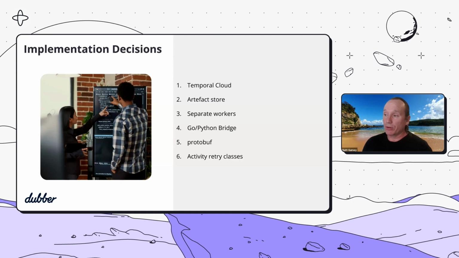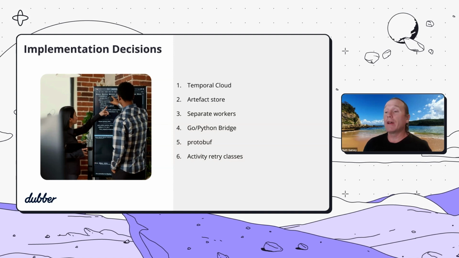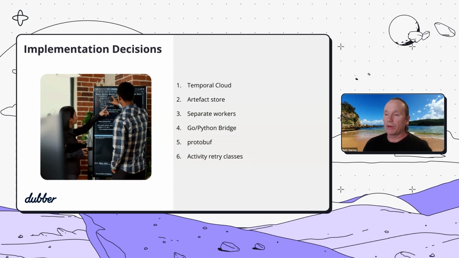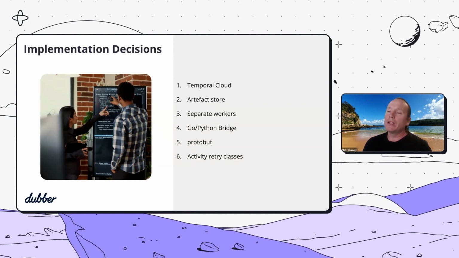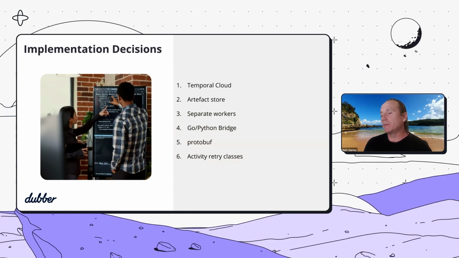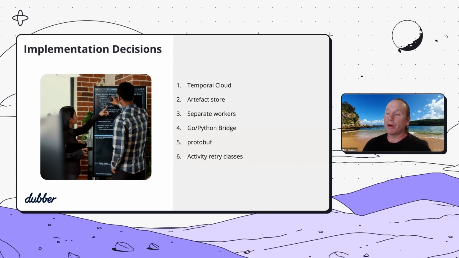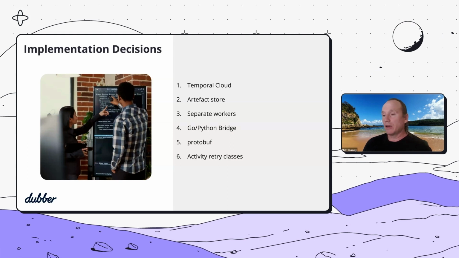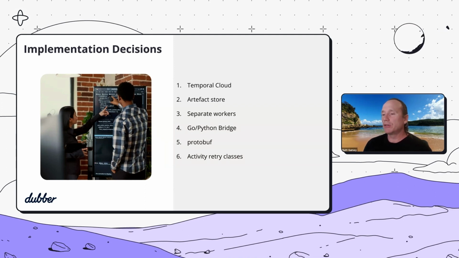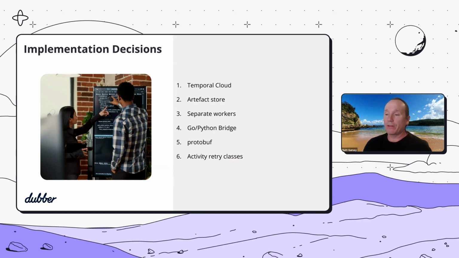When we started with Temporal, which was more than 2 years ago, Temporal didn't have a native Python SDK available. But given the AI work that we're doing, we needed Python capability. So we came up with this pattern, which is the Go Python bridge. That is a mechanism that allowed us to still use Temporal to initiate activities that are running inside Python. How we did that was by using a Go temporal client and then using a gRPC client and server to trigger Python. Now that's no longer applicable because, of course, there is now a native Python SDK which we're using,